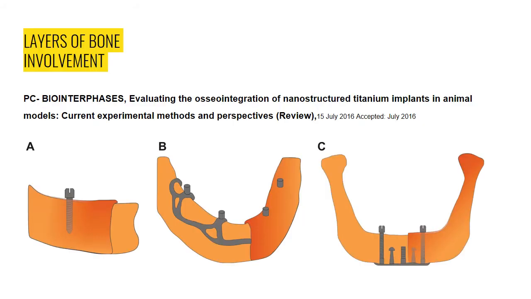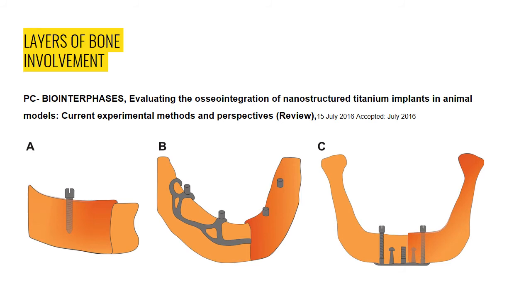So just to brush up again, on the left side we see picture A, which is the endosseous implant, and most prosthodontic and orthodontic implants come under this category. In the center we have picture B, which refers to the subperiosteal implant. Why subperiosteal? Because it is under the periosteum layer. It's also called an onplant.